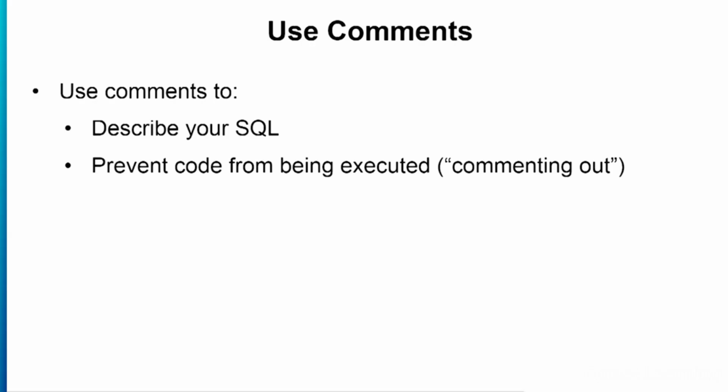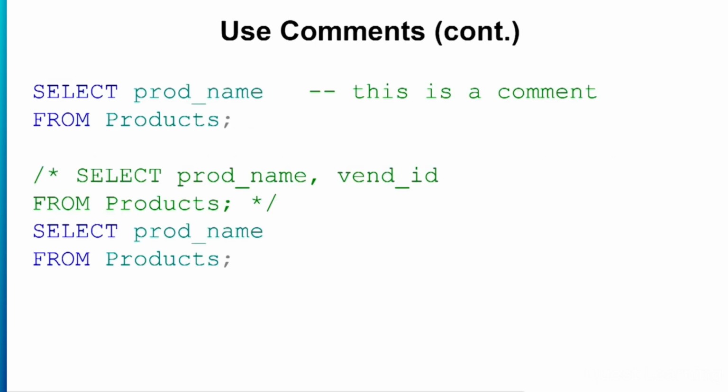The other reason is an interesting one. It's what programmers call commenting code out. And I'm going to show you an example of what that means. Here are two simple comments, two common ways to use comment syntax in your SQL. The first one is an inline comment, and you can see here it got colored in green so you can see it was a comment. And that is to have two dashes followed by a comment. These can go inline. And so on the first two lines of code, the fact that the second half of the first line is a comment, that's ignored by the DBMS, and what will be executed is select product name